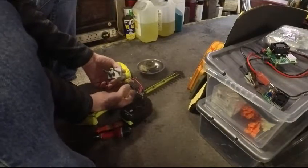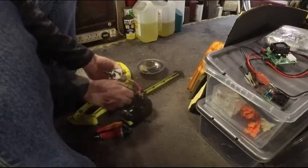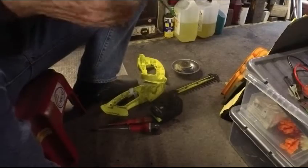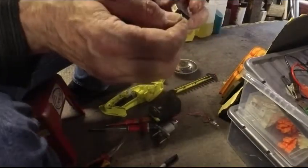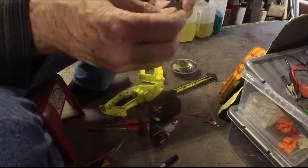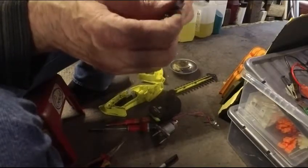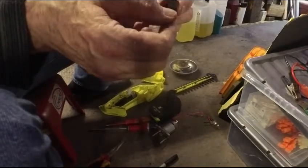Maybe the switch is the problem. Can't make it do it again, of course. But that definitely stayed on a minute ago, didn't it? So it does seem to be the switch, doesn't it? This micro switch. Okay. So there is the switch. Riveted together, so no chance of getting inside it. Well, I say that, I could drill the rivet out, I suppose, but